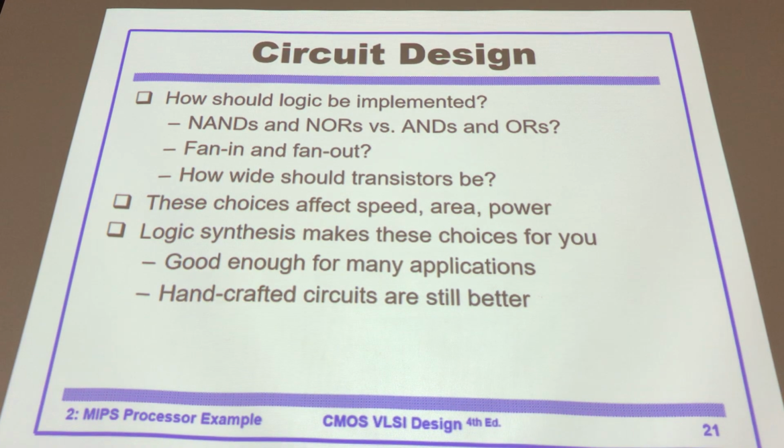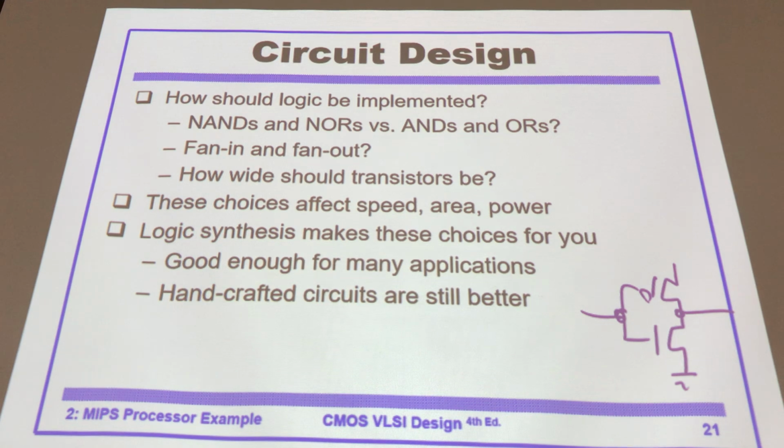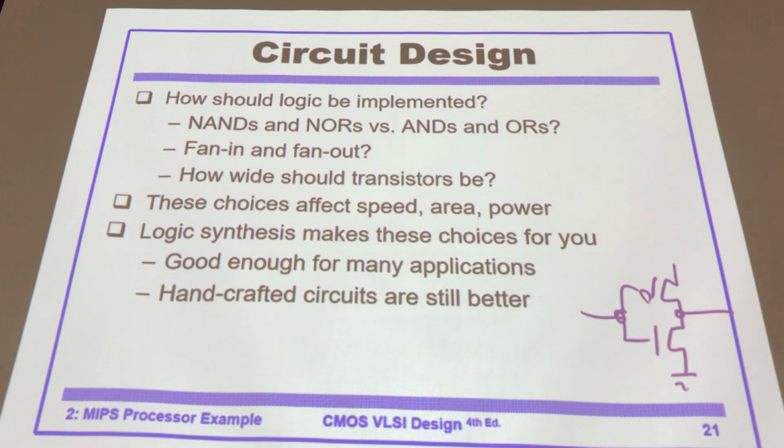For example, for an inverter, the PMOS and NMOS transistors, if we want rising time and falling time about the same, then the PMOS transistor should be twice as wide,